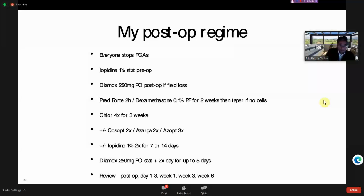I actually do review patients post-operatively and on day one. And I know Imran doesn't do that, but I do feel that with the eye care now and not needing to do GAT post-operatively, it is quite easy to do a post-op pressure check. And the other advantage I find of a day one or day two review is just that you can explain